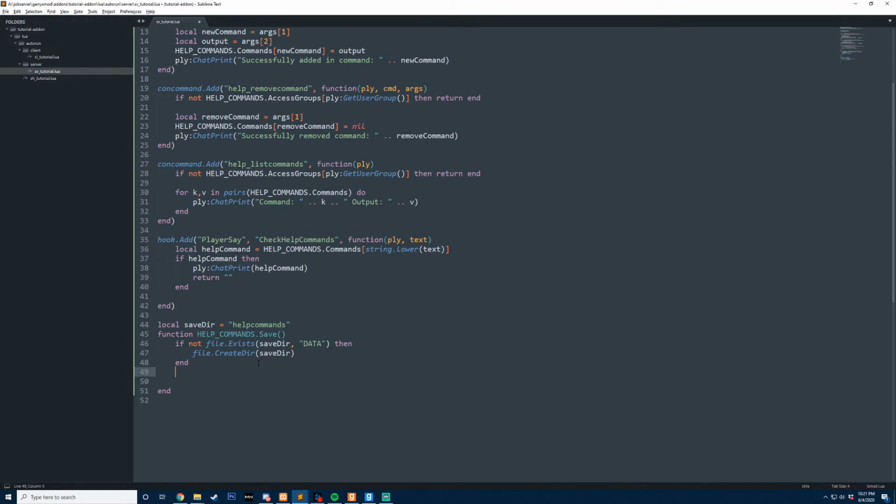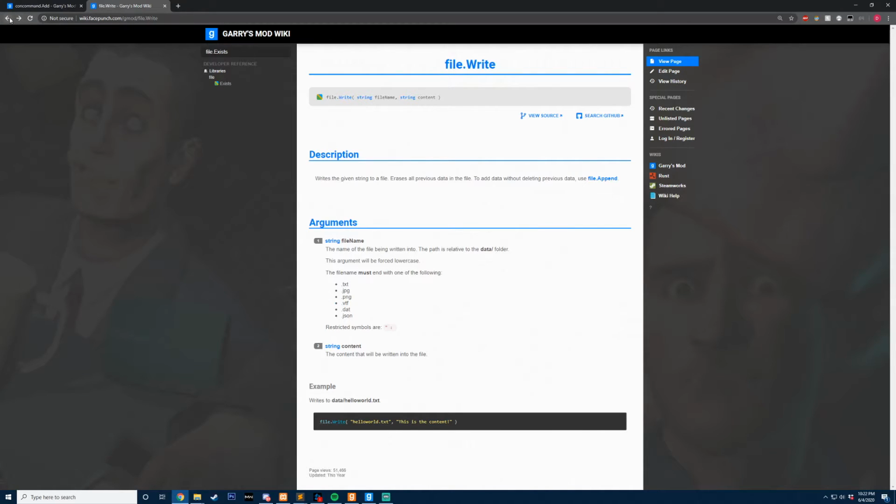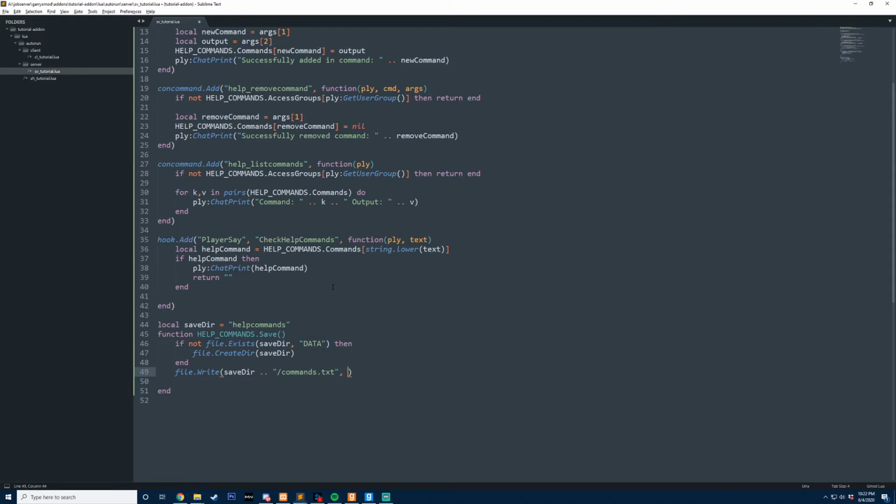Then we're going to say file.Write. And we're going to take that save directory and create a file within that directory, and we're going to call it commands.txt. So we're going to create a text file here. Whenever we save data with file.Write, you can see that the supported stuff we have here is .txt, .jpeg, .png, .json. However, we're working with a table and we want to save a table, but none of these are tables. So what do we do? We're going to call